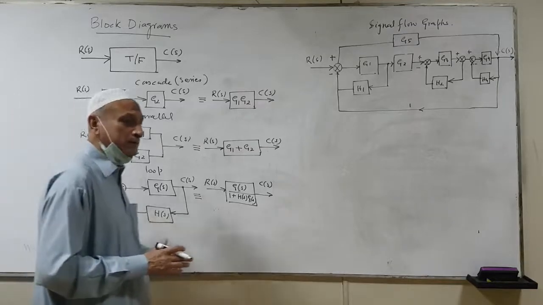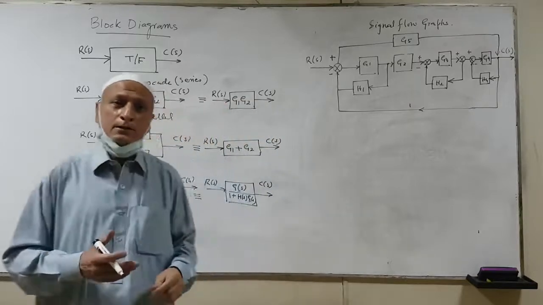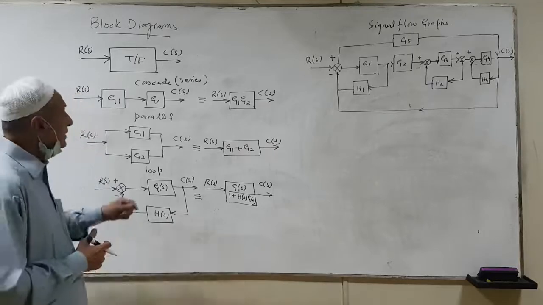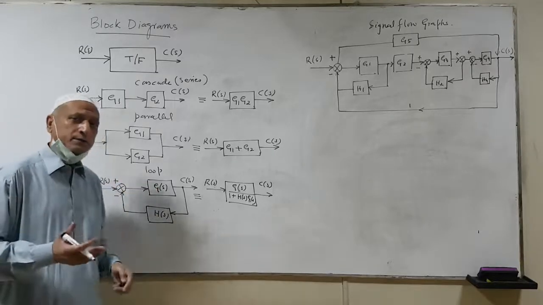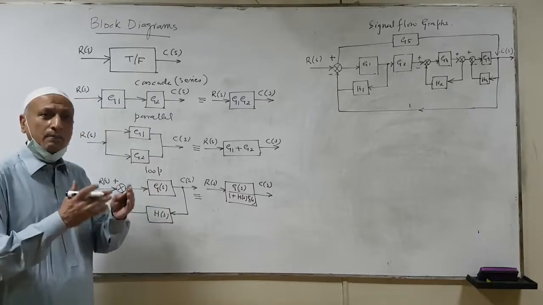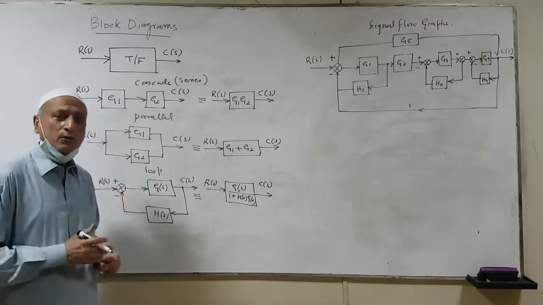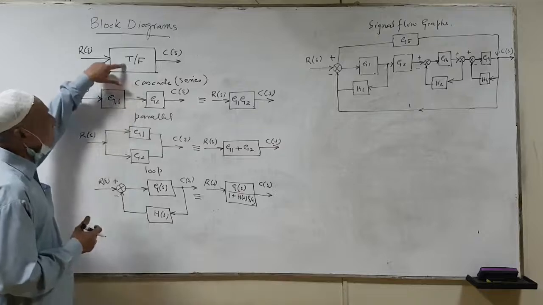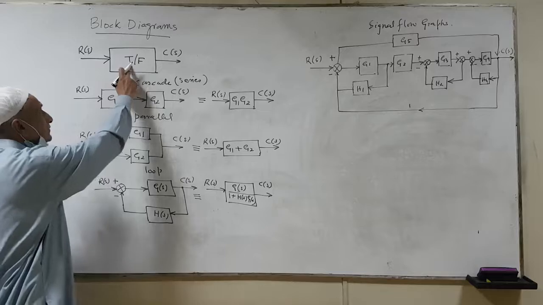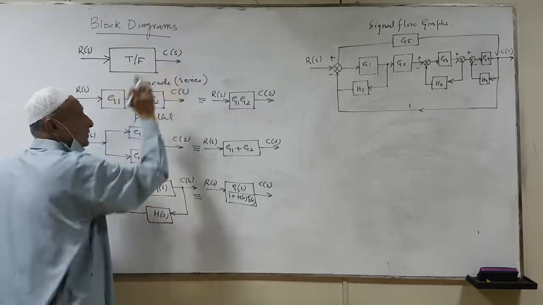Now, a block diagram is basically a pictorial or schematic representation of the different components of a control system. We can obtain the transfer function by looking at the block diagram and simplifying it to a single block with an input on one side and the output on the other side. For example, generally speaking, a control system is represented by a block which contains a transfer function, and then we have an input quantity and an output quantity.